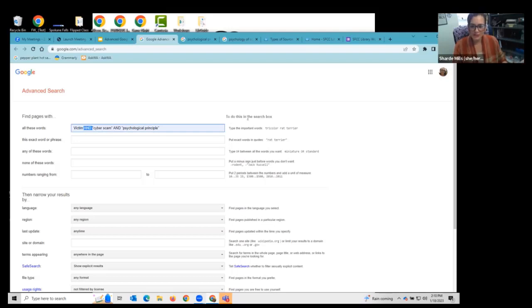You're required to do this in something like a library database, and I do that automatically. But when you're searching in Google, it puts the AND in there for you. So I'm keeping with the basic ideas of what I'm searching for. Instead of asking Google a question, I'm focusing on just the basic search terms that I want to use.